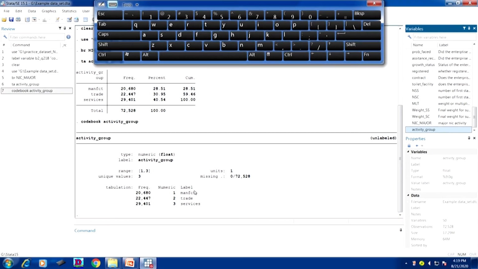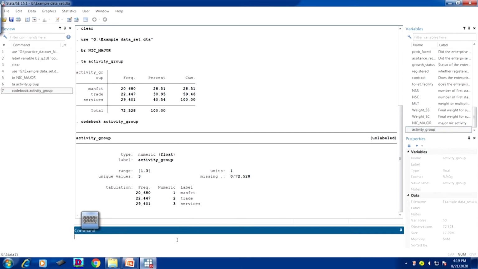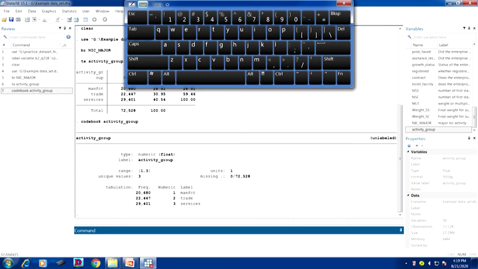Since you have already labeled, I will tell you a simple aspect here: label drop. First I will do label drop and then I will show you. Related to label, first label name comes, then drop.